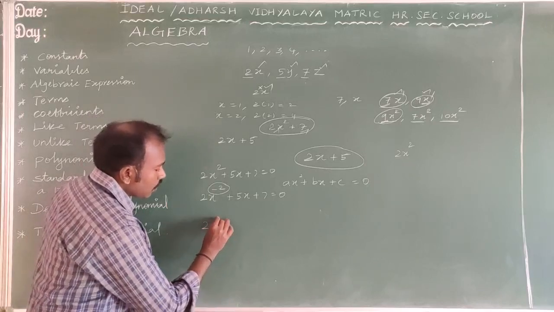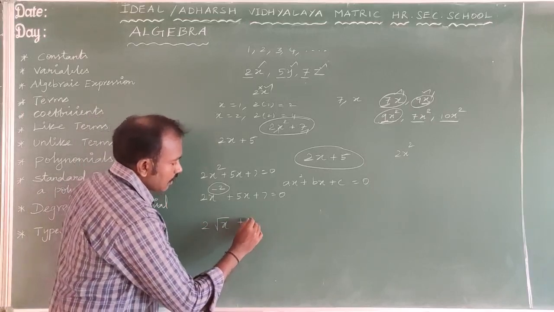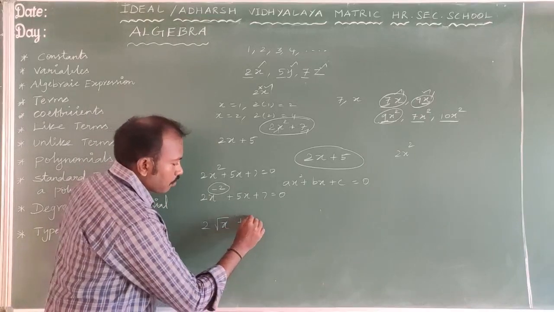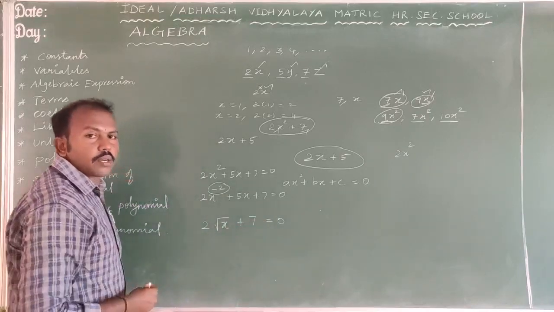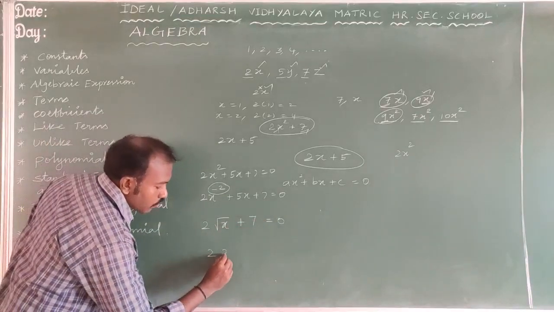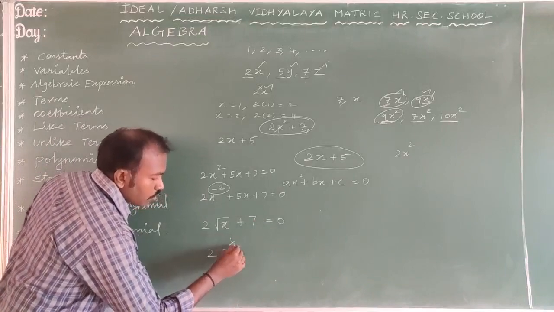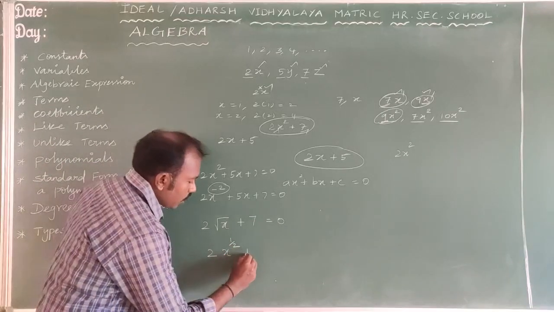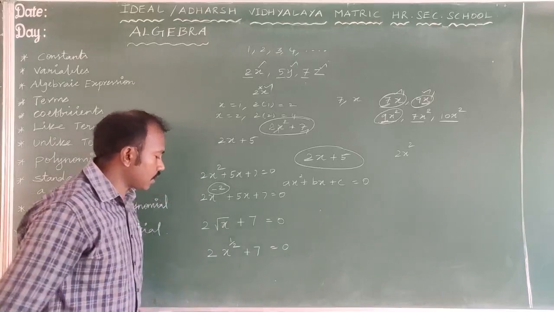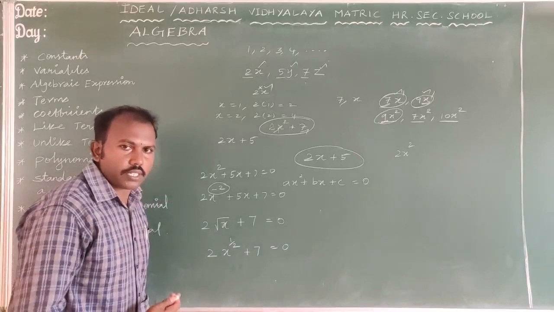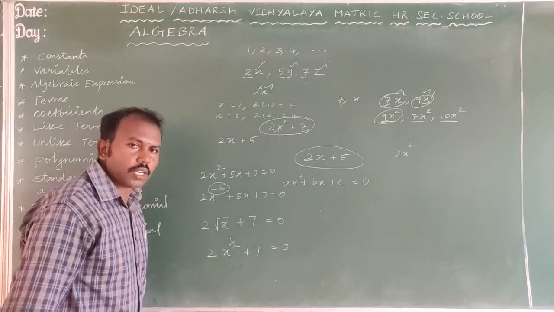That is 2 into root x plus 7 is equal to 0. This is not a polynomial because it is 2 into x to the power 1 by 2 plus 7 is equal to 0. This is not a polynomial. And also